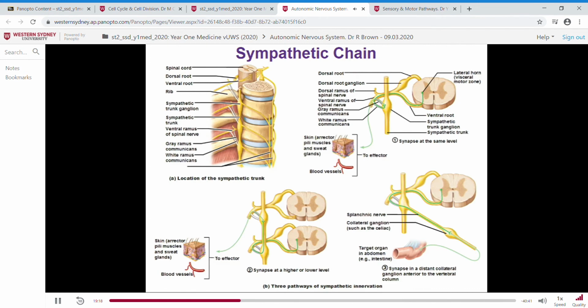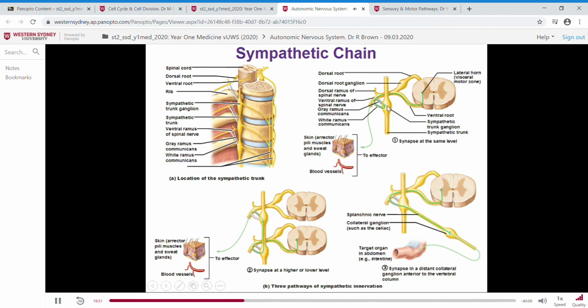So this is just showing you the same thing, but it's broken up a little bit into the three variations. So here you have the preganglionic neuron come out, comes into this ramus, the white ramus. Does anyone know why it's white? So you've got a white here and a grey here. Does anyone know the difference? Very good. So it comes in here through the white ramus into the sympathetic trunk or chain,